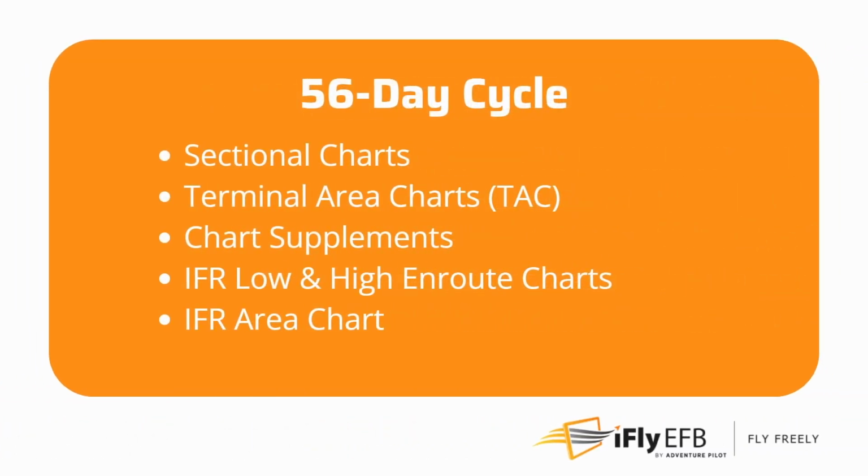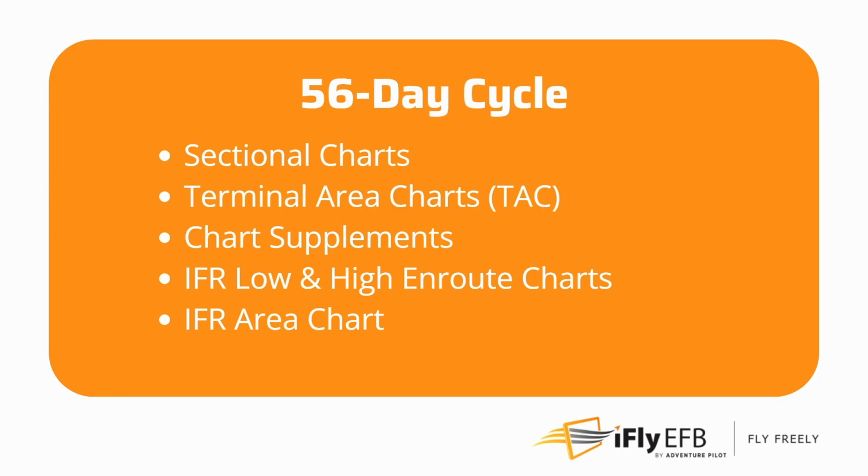So, what the FAA has established is two different cycles. One is the 56-day update cycle, and this includes data such as sectional charts, terminal area charts, chart supplements. And then for IFR, there's the IFR low end, high end route charts, and the IFR area chart. It's a 56-day cycle, which is every 8 weeks. And so the 56-day cycle is a bit longer than the other one because this information doesn't change as much